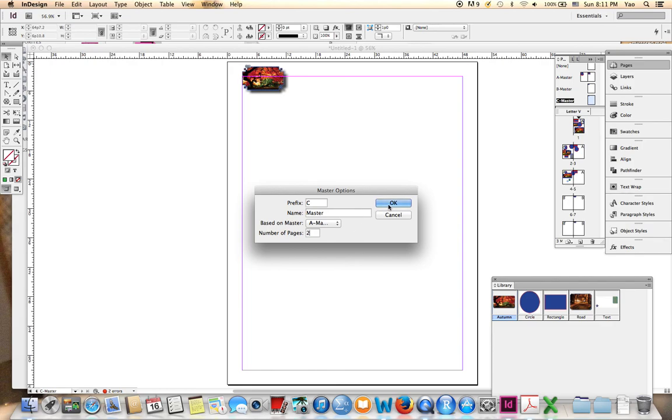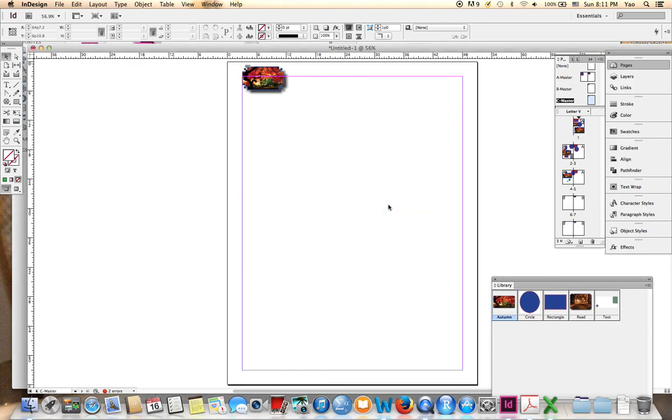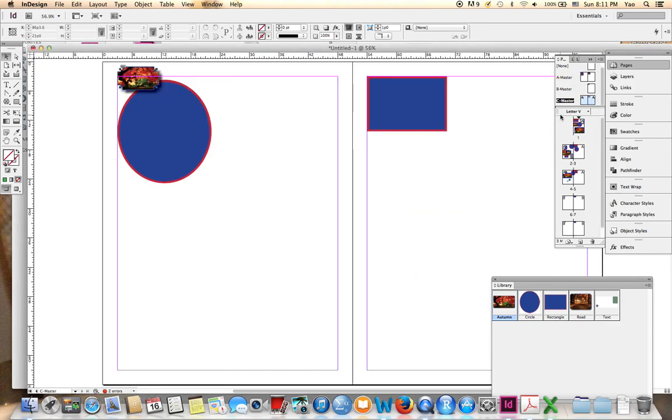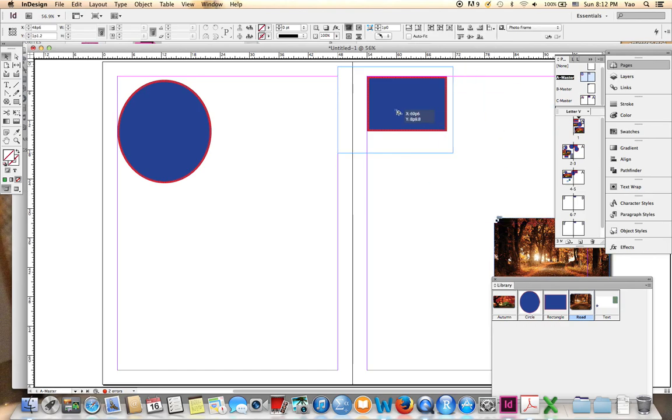And that means any change we make to master page A is supposed to be shown on master page C. So now you can see this is master page C, this is master page A. Master page C is exactly the same as master page A, just in addition to master page A, we add a graph like this into master page C. As we said, any change we make to master page A will be automatically applied to master page C. So let's say we're going to drag this thing to this corner,